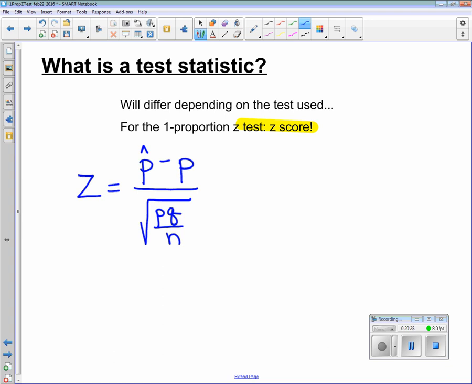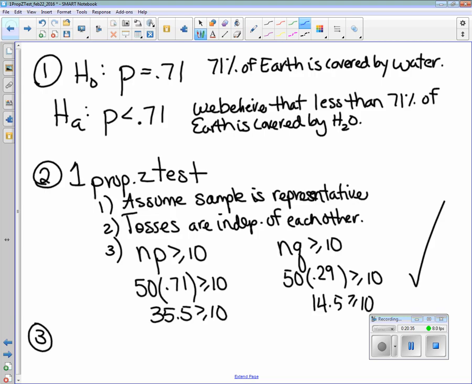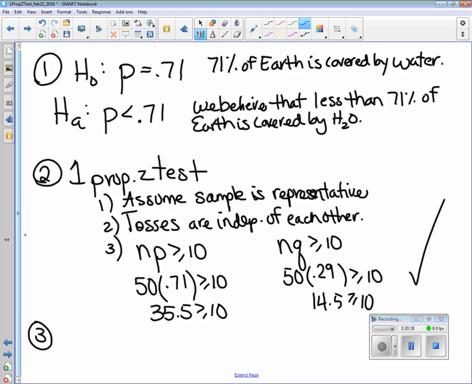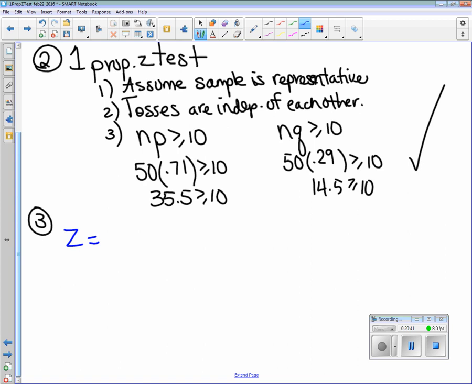What's a p-value? Let's do one at a time. Should we stick with the test statistic first? Let's find that first. So let's figure out in our example, in step 3, what the test statistic is. I'm going to write the formula so I know what I'm doing, and we're going to find that z-score. What's p-hat in our data when we threw the ball around? What did we find it to be? 0.7, 35 out of 50, right? So I have 0.7 minus